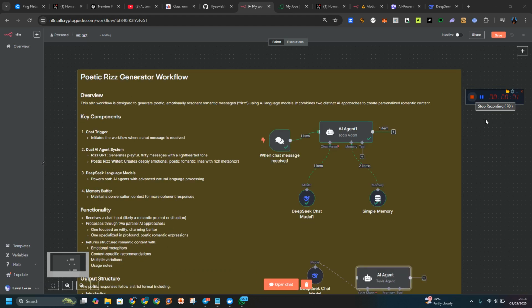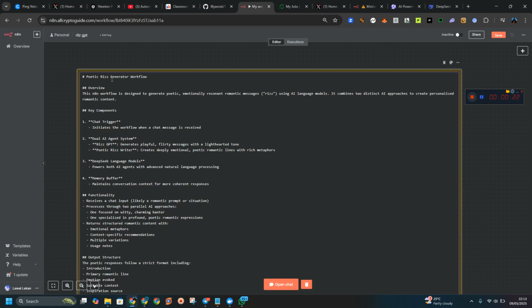Let me show you how I build a simple raise bot, which you can also build yours. So this is actually on this. We are using it to do an example. This is what we call a poetic raise generator workflow. Okay, let me just edit this thing. So, poetic raise